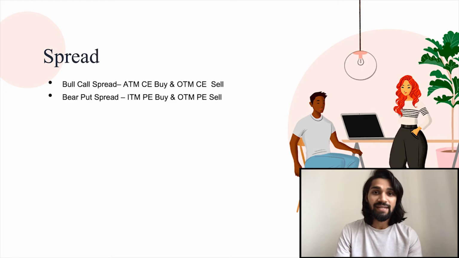The second spread strategy is bear put spread. You use this strategy when you know the stock price would be negative but not very negative. So what you do is you buy an in the money put option and you sell an out of the money put option. So similar to bull call spread, what this would do, the in the money put option would increase your